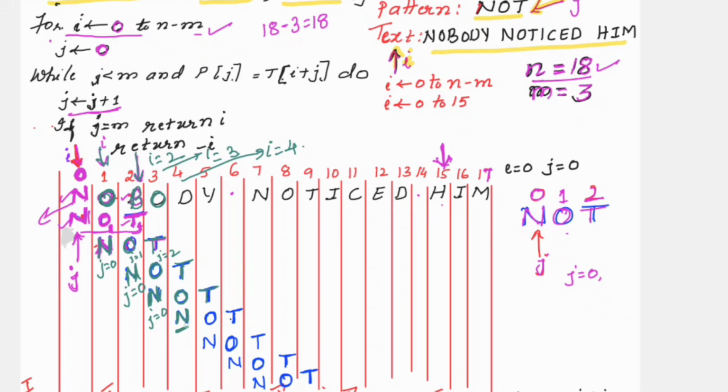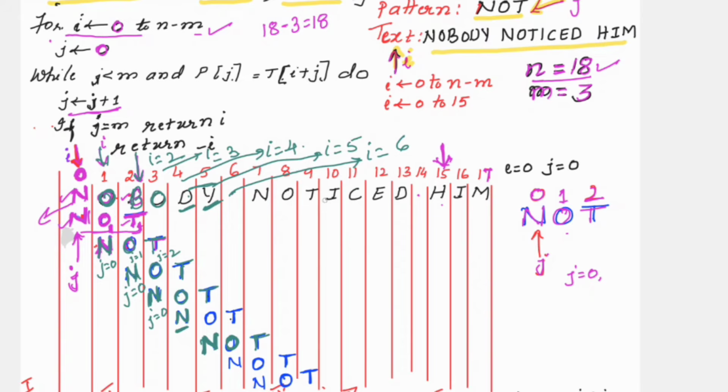The letter of the pattern is N and the first letter of the text is not matching. So I gets incremented by 1. Now I equal to 5. If I equal to 5, the pattern is present here, NOT. So when I equal to 5, the letter of the pattern is N and the letter of the text is Y. It is not matching. So next I gets incremented.